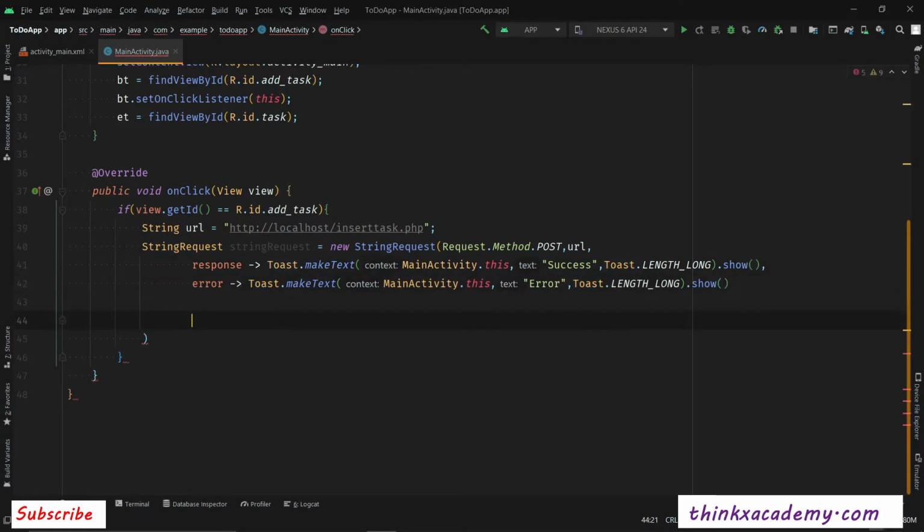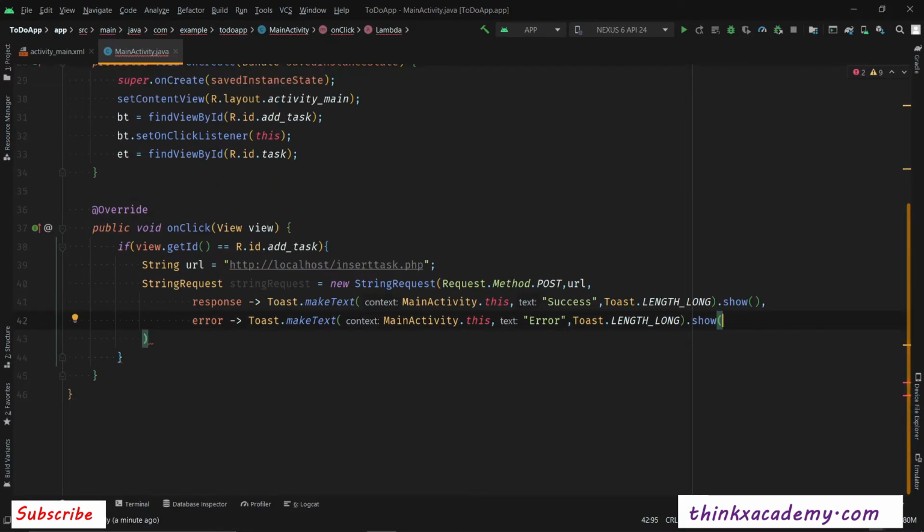And now we are going to write the next parameter, which is the error, right? So there are basically four parameters that we can provide inside of this StringRequest constructor. Now we are going to close this by using this circular bracket, and you can see the highlighted circular bracket here. So now we have successfully given this StringRequest all the required parameters: post, URL, response, which we will get